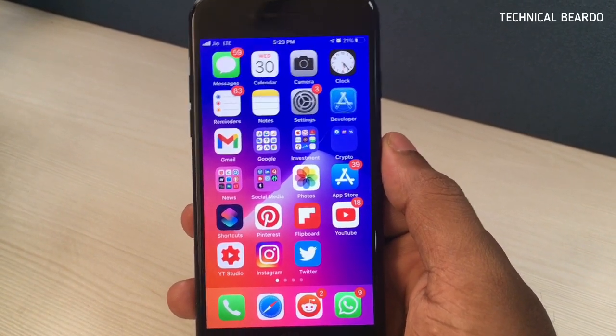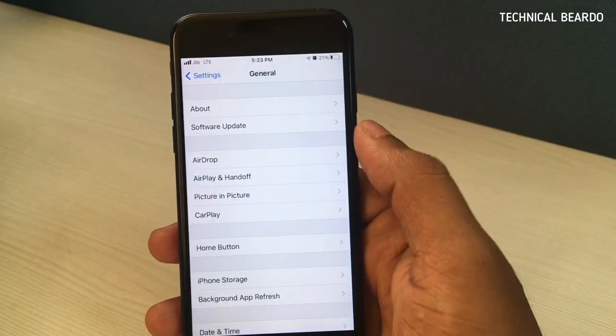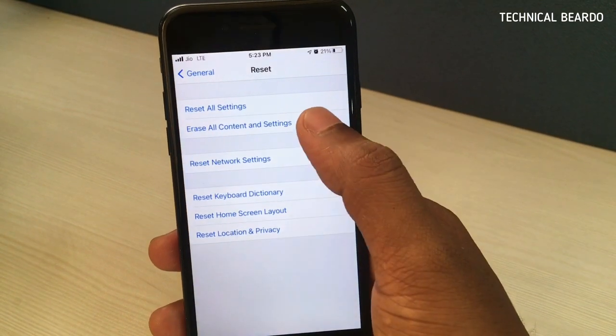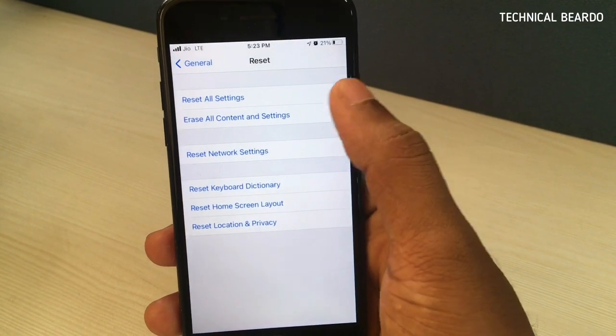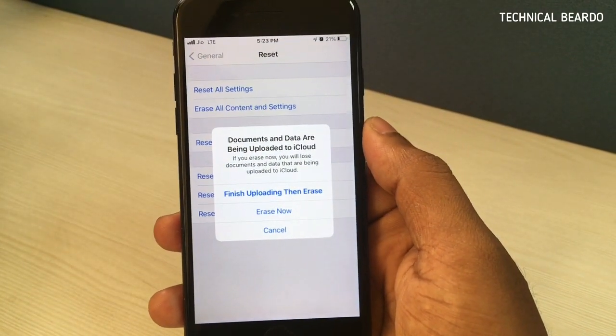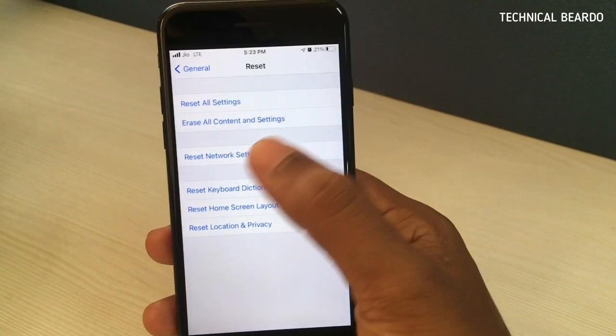That is done by going to the Settings application, open General, scroll down till the end and click on Reset, and in Reset just click on Erase All Content and Settings. So it will wipe out complete data from your device and you will get a completely new iPhone. Basically this will wipe out your iPhone and get you the default settings on your device.